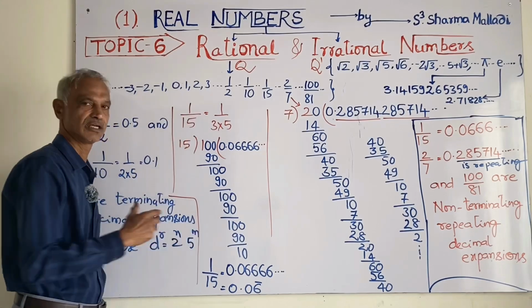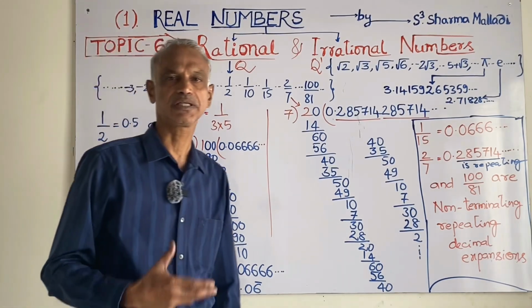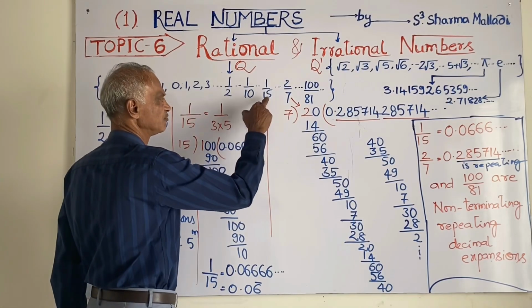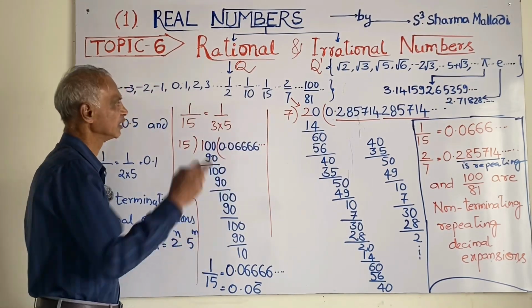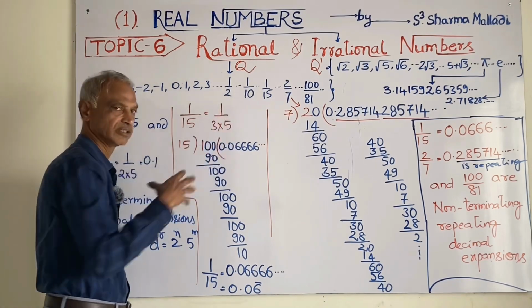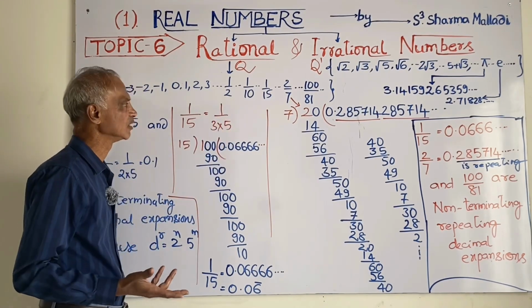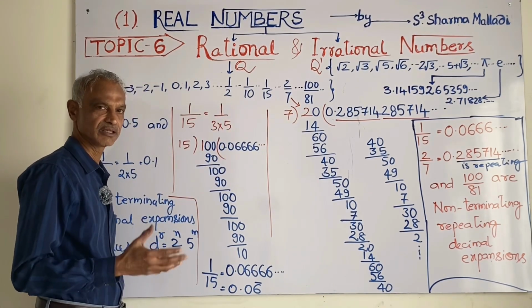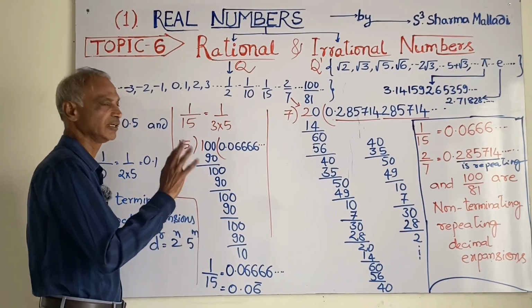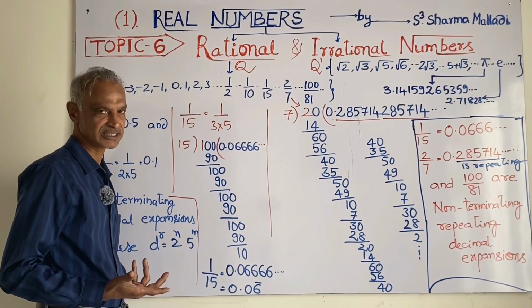Therefore, this is non-terminating repeating decimal expansion. Next, here in 15, 3 is there. In 2, 3 is not there, 7 is not there. In 10, 2 is there, 5 is there. If 2 or 5, or 2 and 5 are there, it is a terminating decimal